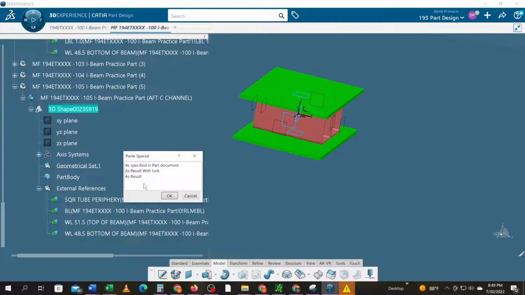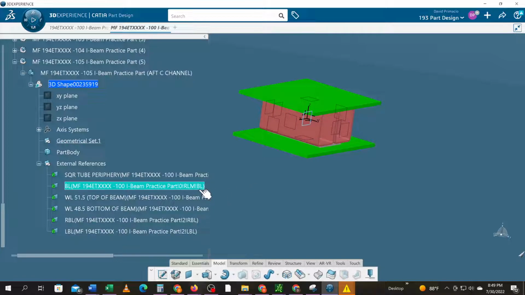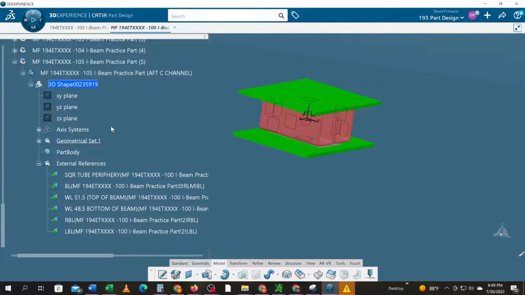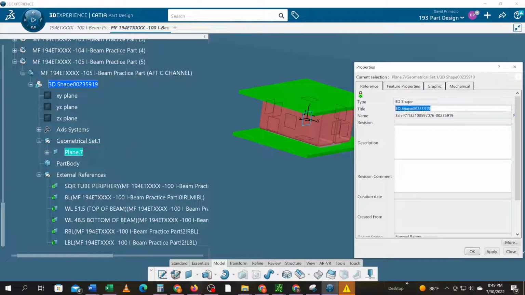paste special. With the links, now I've got the RBL and the LBL that I can use, the same water lines I can use, this buttock line 0 I can use, and that square tube edge. Okay, so on that buttock line, we create a sketch, but I like to create that here at 0. Buttock line,